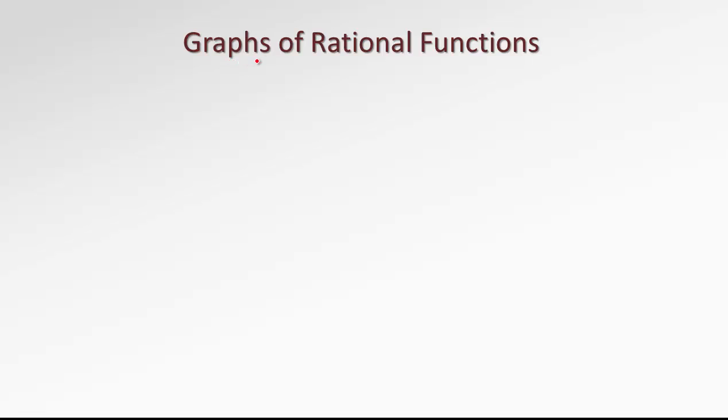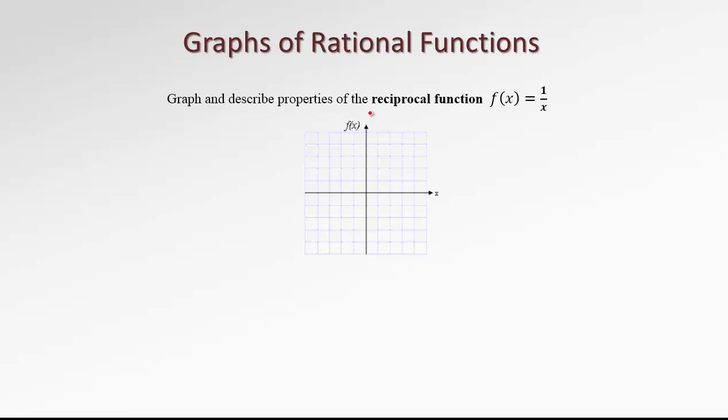In this lesson, we'll talk about graphs of rational functions. Let's look at the basic rational function 1 over x. That's a reciprocal function. If we're not quite sure how a function looks, the best idea is to check a lot of points. So use a table of values where x is the input and the function 1 over x